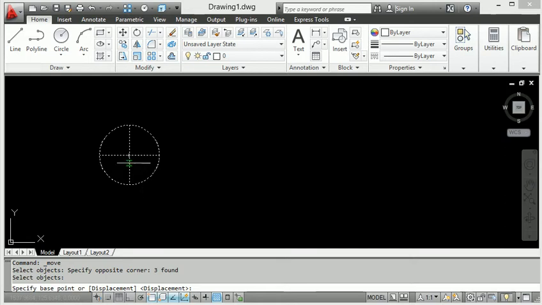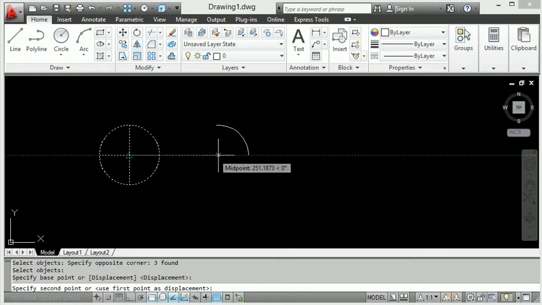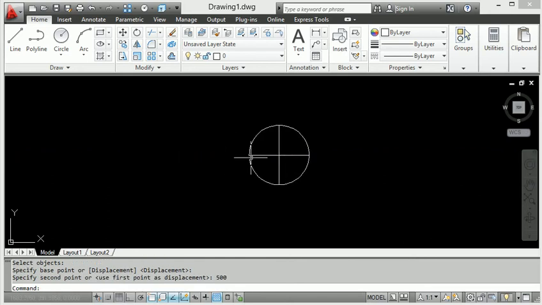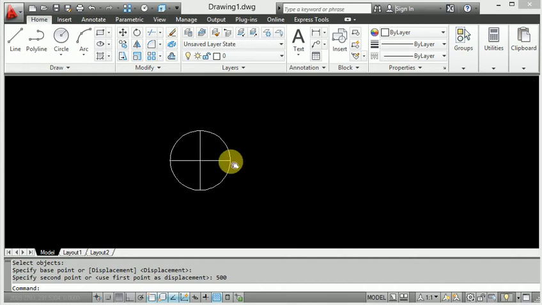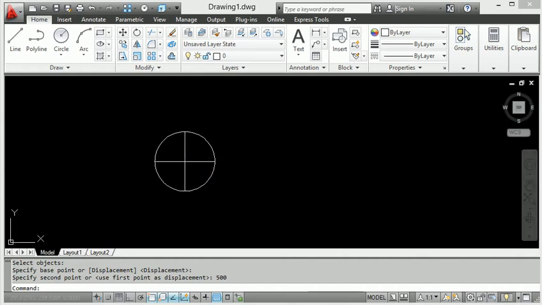Like we click this center here and go to 500 as the actual distance. So see this moved here in the actual area.